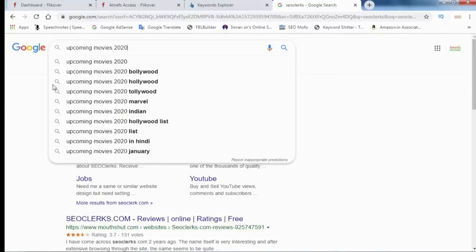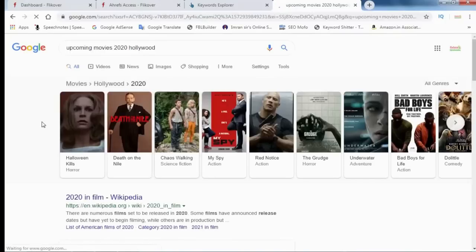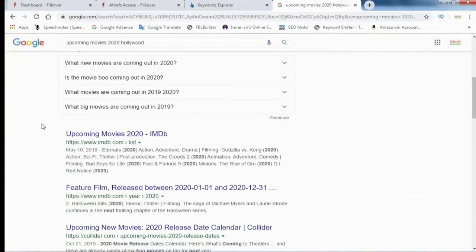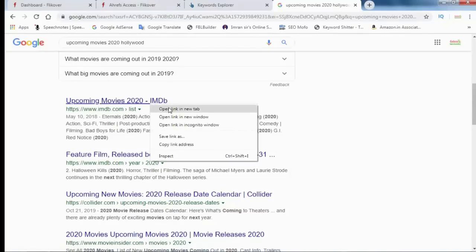It's best on Bollywood or Hollywood. Hollywood I will check which movies come in 2020. So here we need a list of movies, which movies will be released in 2020.